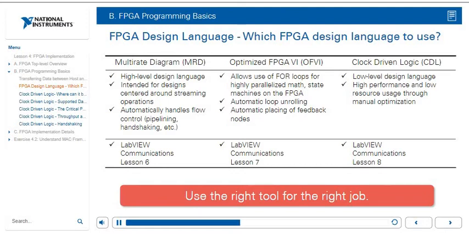handle the FPGA-related details. For example, the multivariate diagram is a high-level design language that is intended for algorithms centered around streaming operations. The multivariate diagram automatically handles the flow control of your algorithm, such as the pipelining and handshaking. The optimized FPGA VI is a model of computation that allows you to use for loops to program the FPGA. This allows you to express very highly parallelized algorithms very simply and also implement different things like array manipulations or state machines. The optimized FPGA VI will then automatically unroll for loops for you and automatically place feedback nodes in